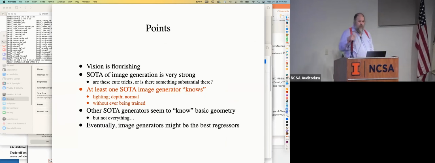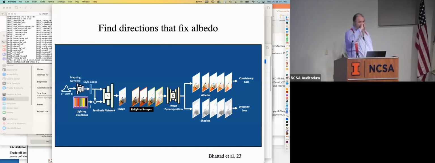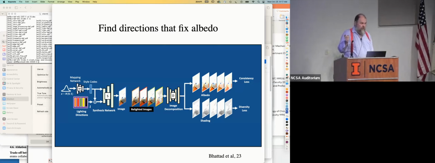Okay, what I'm going to demonstrate now is that actually StyleGAN knows a bunch of stuff about the world of pictures without actually ever having been trained to do that. So this is work, Anand did the work. You can see some trouble caused by 16:9 and 4:3 over there. It's on arXiv. What we're going to do is change the lighting in the scene. But it's very important when you change lighting that you don't change anything else, right? So I want to change the lighting, but I don't want to change the position of the furniture. I don't want to change the color of the curtains. I don't want to change any other structure. How do I know that that hasn't changed?